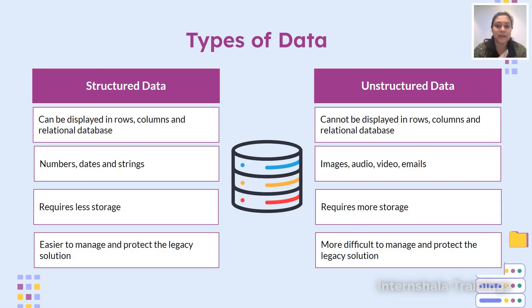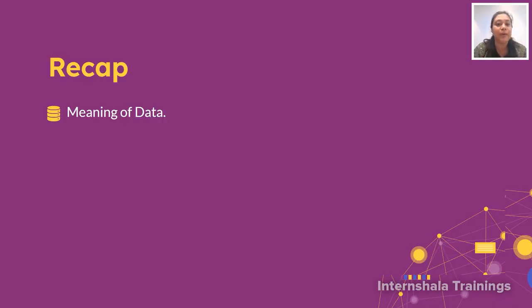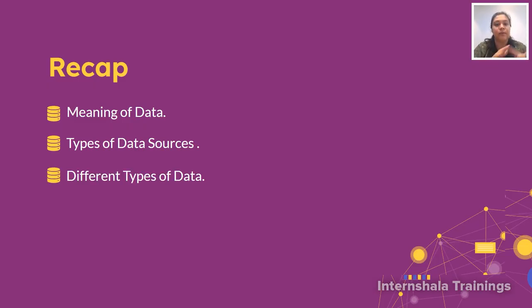So these are the types of data, structured and unstructured. Now, let's have a quick recap of what we have learned in today's video. What is data, correct? And then types of data sources, that is from where this data originates, through machine or through file. Yeah, we create it or we take it from somewhere. Now, different types of data. So what are the different types of data we have? Structured and unstructured. And we have come to know that structured data are more organized and they have the legacy of privacy, whereas unstructured data doesn't have the privacy thing inside them.